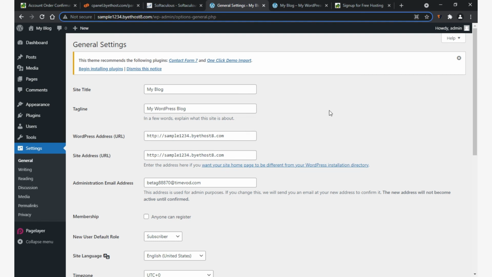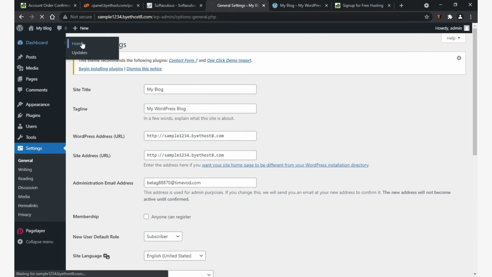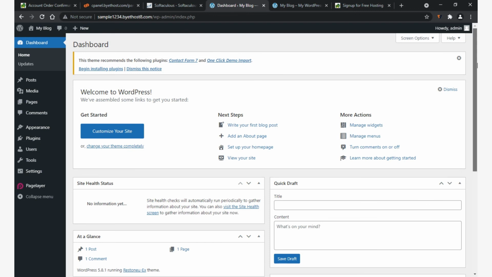Enter that password in that area and you'll go to your WordPress dashboard. By this method you can use WordPress without paying any money and learn WordPress thoroughly. After that you can purchase any hosting on any website, install WordPress and set up your website.